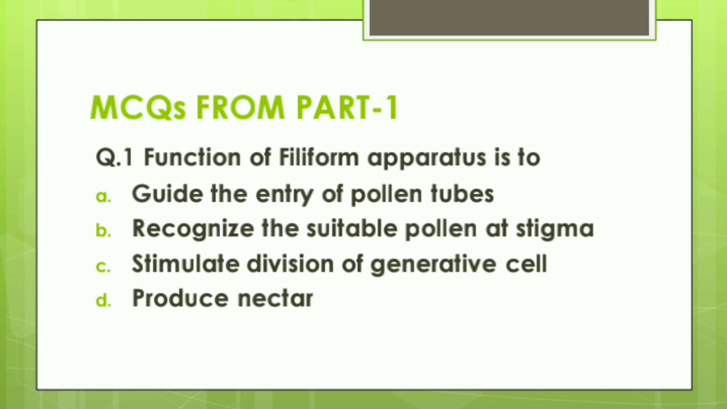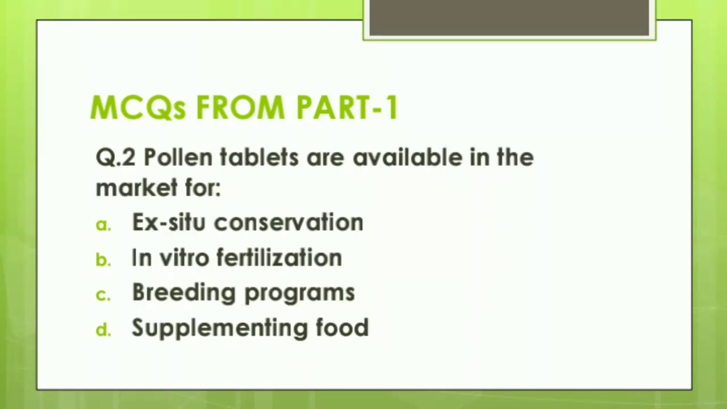Function of filiform apparatus is to: Option A, guide the entry of pollen tubes. Option B, recognize the suitable pollen at stigma. Option C, stimulate the division of generative cell. Option D, produce nectar. Then question number 2, pollen tablets are available in the market for: option A, ex situ